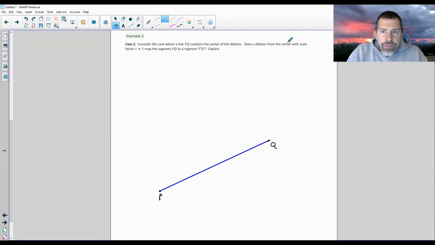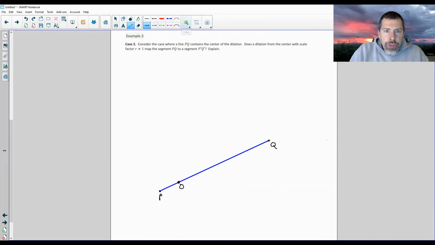Does the dilation from the center with scale factor R not equal to 1, and the line PQ contains the center of dilation? So if I put a dot on PQ and called that O, that is now my center of dilation. How would I draw my rays? Well,